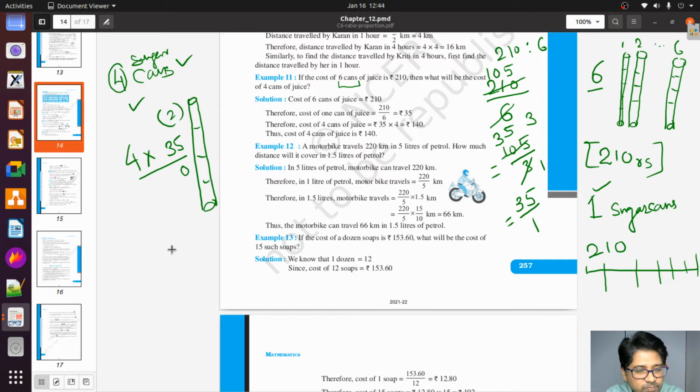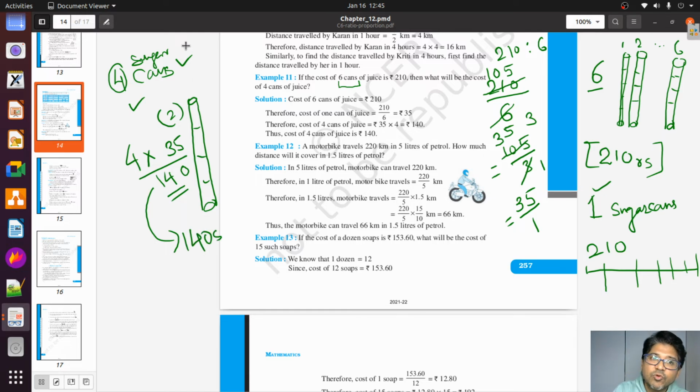Okay, next. 3 4s are 12. 12 plus 2 is equal to 14. So 140 rupees for 4 cans. Excellent, that is the right answer. So you get your answer, meaning you have to get the 140 rupees